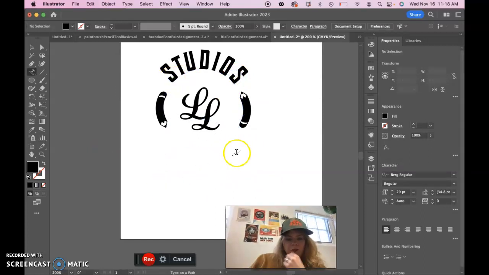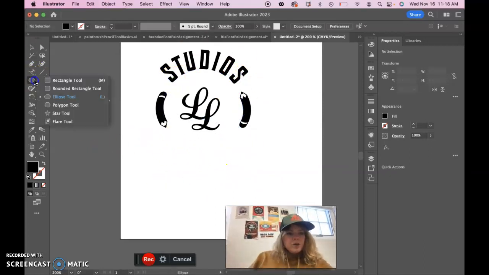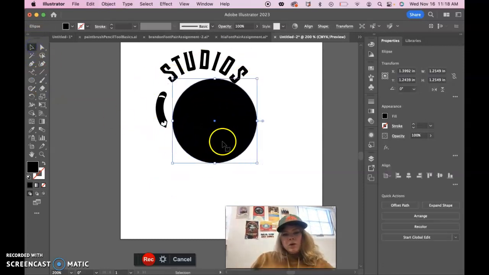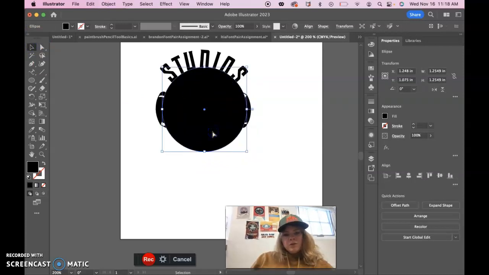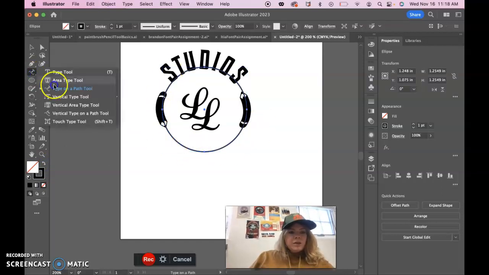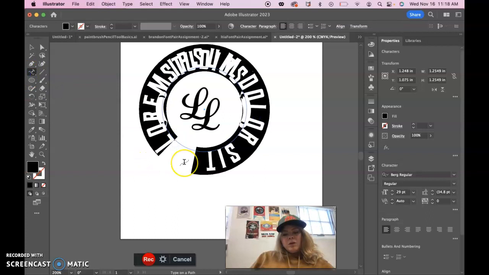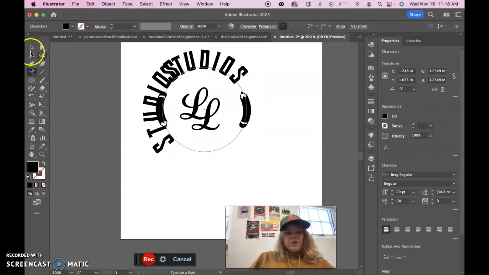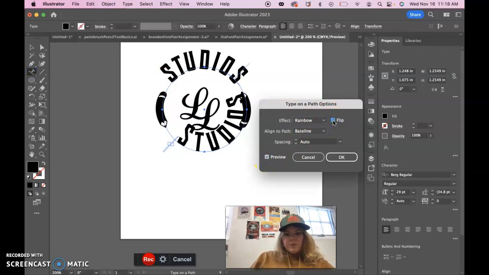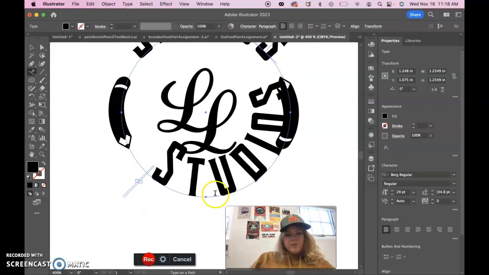And then to get the Studios on the bottom, you're probably going to have to use the ellipse tool over again, drag out your circle by pushing shift to get a perfect circle. Make sure it's about the exact same size as the previous one. And then we can flip it in so we can see through it again. We can go back to the type on a path tool, click here, type in Studios, and then let's double click on type on a path. Let's put on the preview button, and we can push flip, and we can push OK,